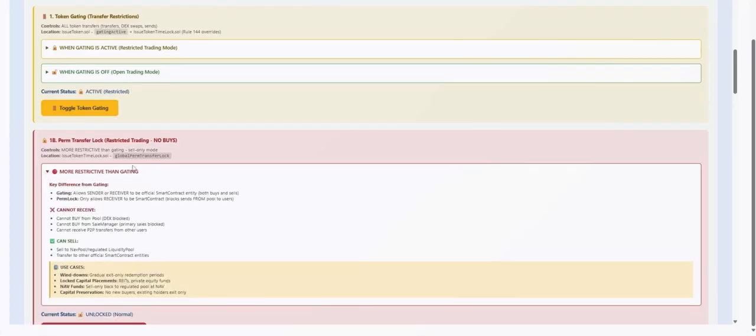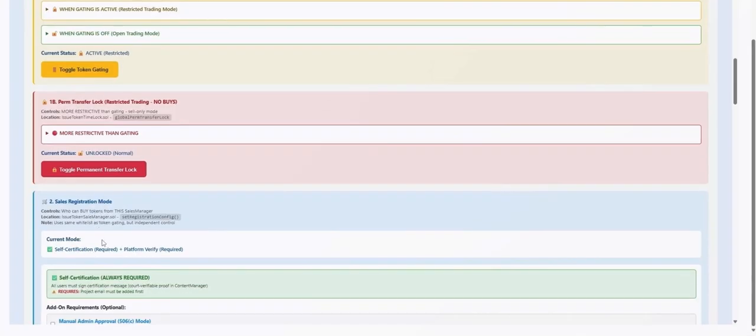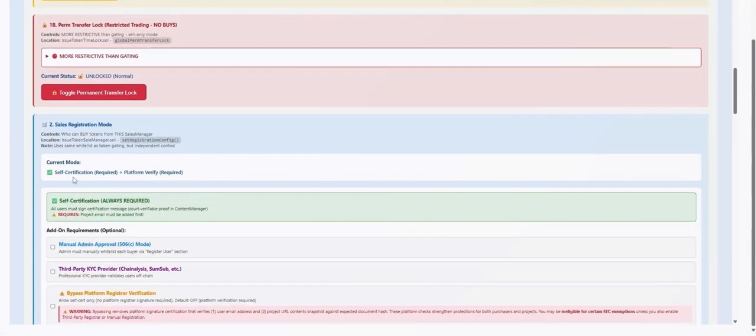It's actually global perm transfer lock. This should be just called global transfer lock rather than perm, because perm indicates, hey, you can't undo that. But this is a toggle, right? So there it is. Now this is really important. If you're not a security